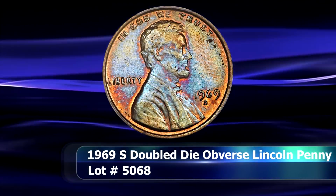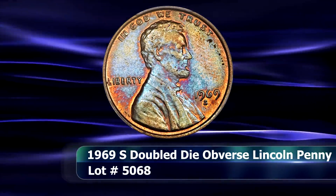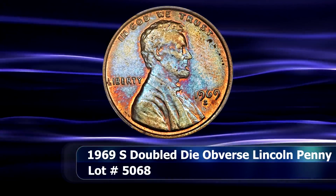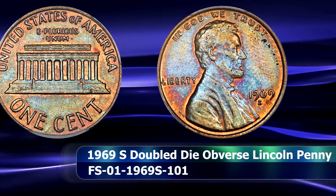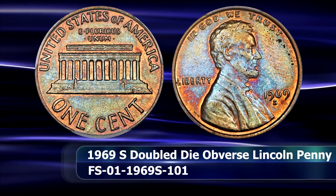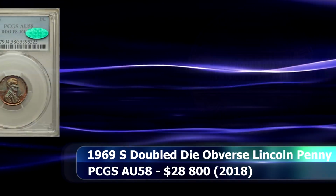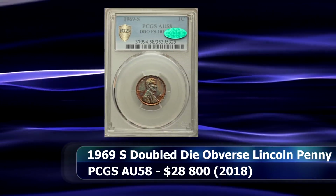$168,000. And then finally, a variety specialist's or even penny collector's dream is the 1969-S double-die obverse Lincoln penny, one of the boldest and rarest die varieties in the entire Lincoln series, with only a few dozen coins at best available on the market. This specimen was graded by PCGS as AU58 and managed to raise